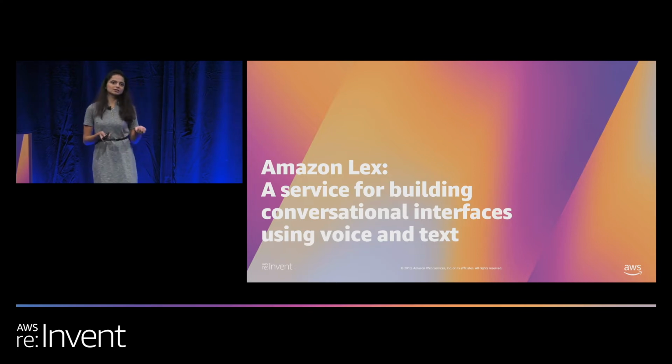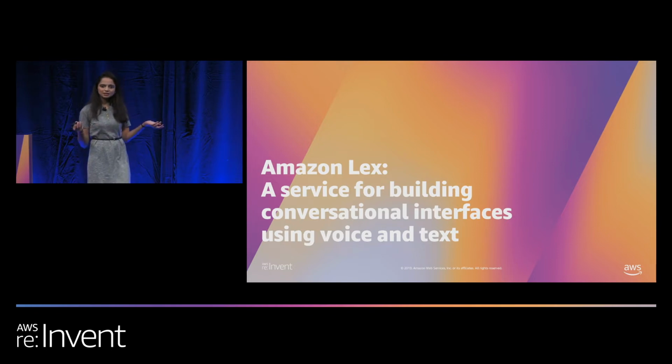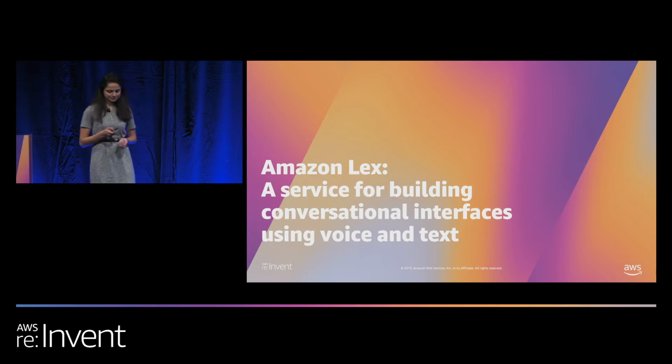So if you want to check your flight change or gate change, you would probably have to go to a bunch of screens, click on some things, and then check it, right? But with bots, you could just go and ask, like, did something change with my flight? Or you could say something like, did I get bumped? Instead of, did I get an upgrade? So you could use your own language and your own choice of words. That's Amazon Lex.